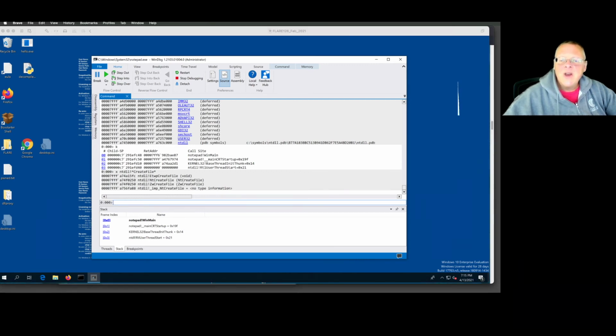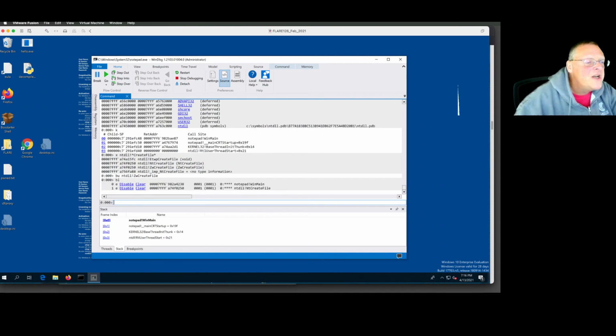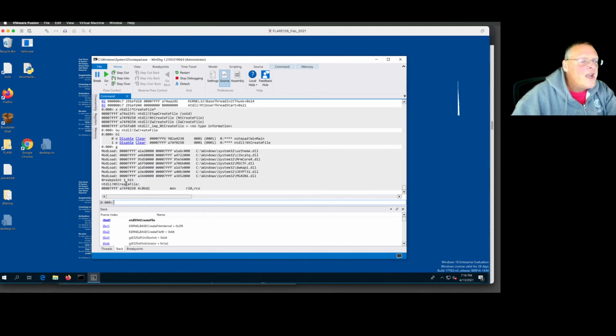And so here I can put a breakpoint at ZwCreateFile with bu. And now if I do bl to list the breakpoints, I now have two breakpoints, one at WinMain and one at create file. And now if I run again with Go, I'll move ahead until I hit that create file,